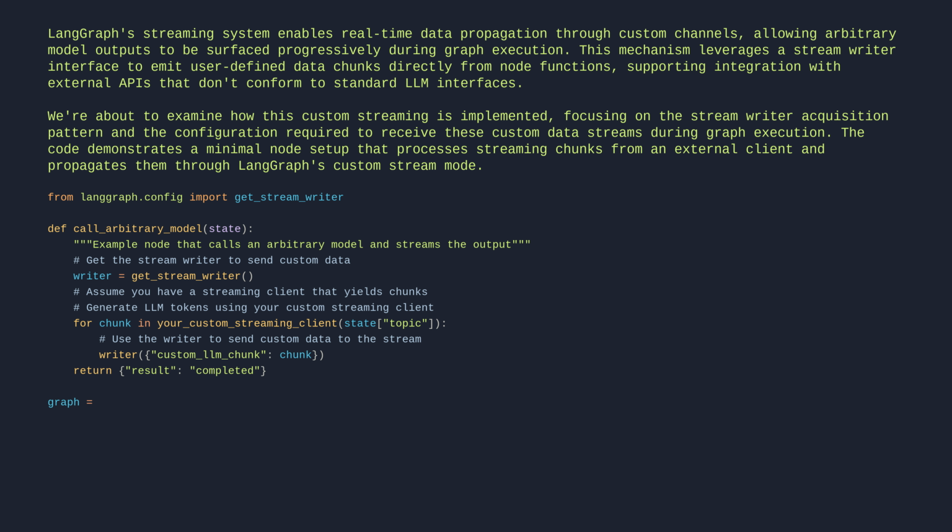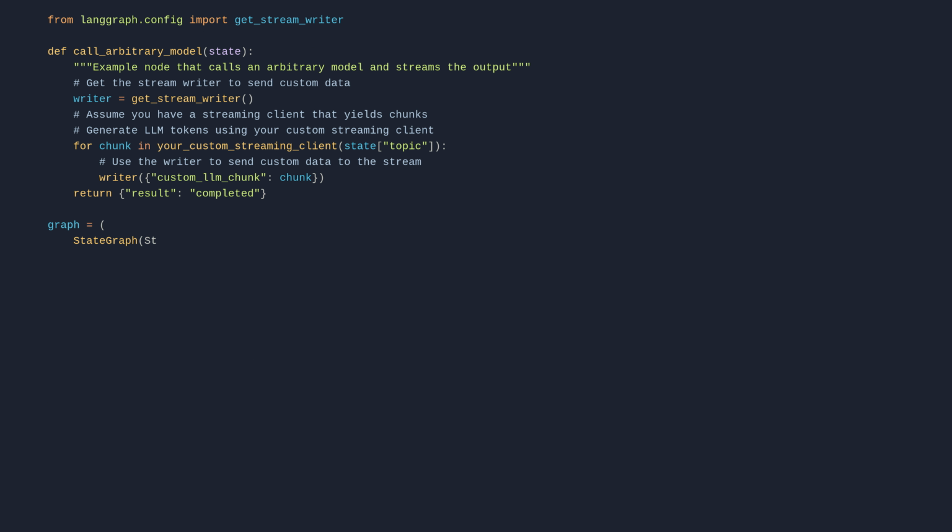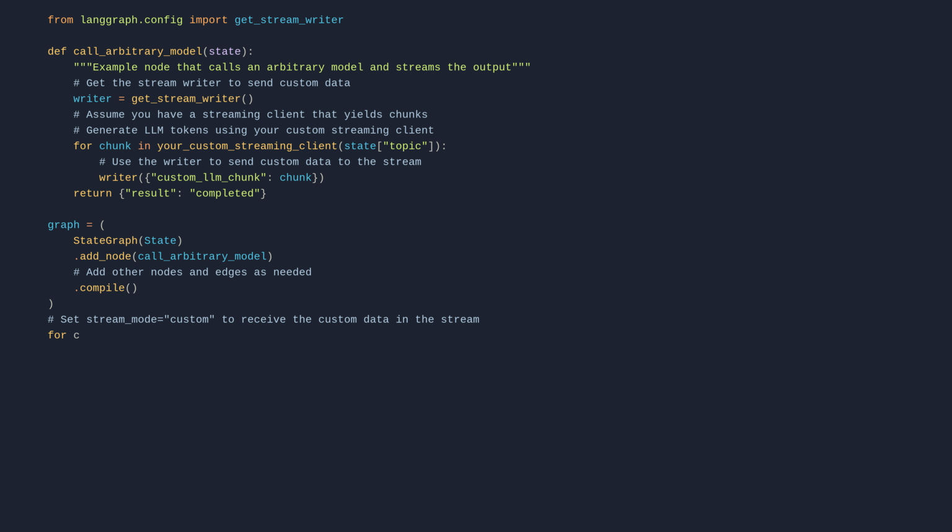graph = StateGraph(State). graph.add_node(call_arbitrary_model). # Add other nodes and edges as needed. graph.compile(). # Set stream_mode="custom" to receive the custom data in the stream. for chunk in graph.stream({"topic": "cats"}, stream_mode="custom"): # The chunk will contain the custom data streamed from the LLM. print(chunk)